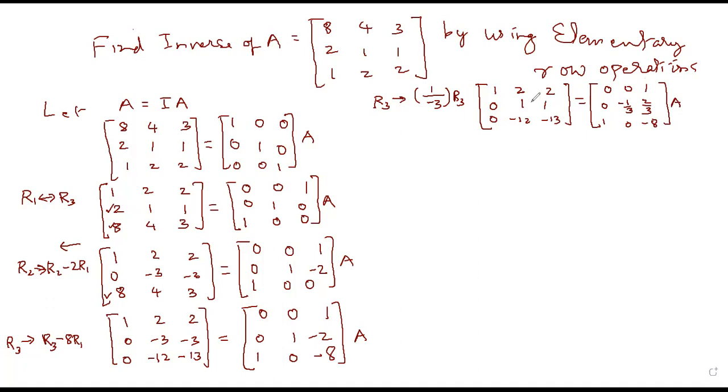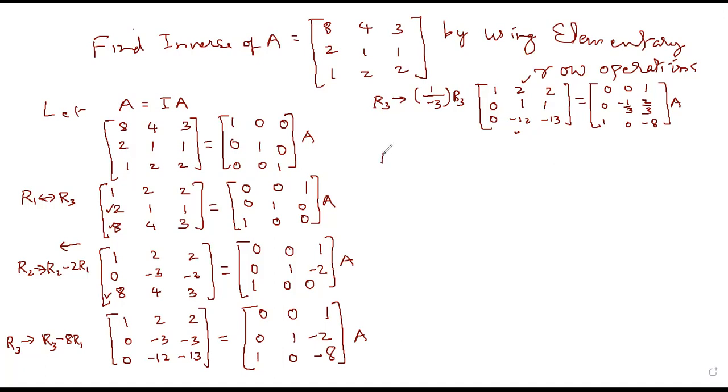Okay. So we got 1 here. Got it? When you got 1 here, now you can make 0 here. You have to make 0 here and here. So minus 2 plus 2 is 0, minus 12 plus 12 is 0. So we will change. Now I will do both the operations together.